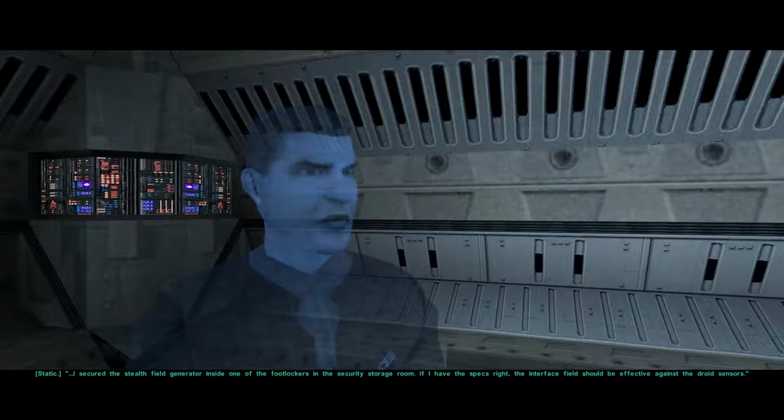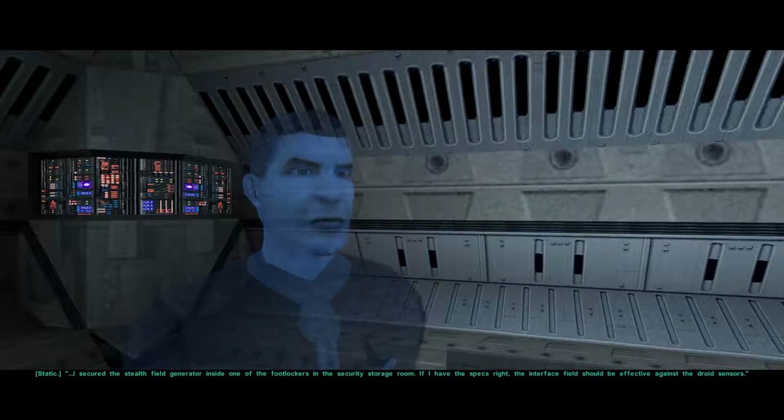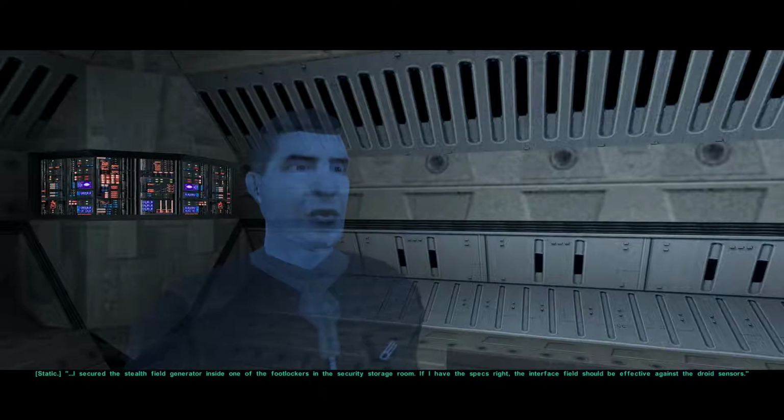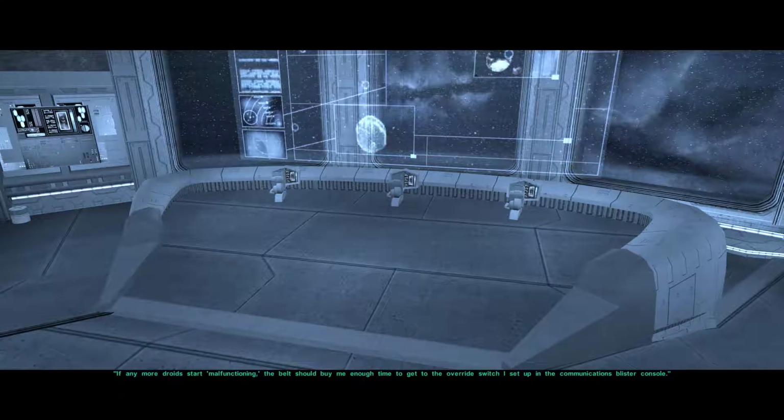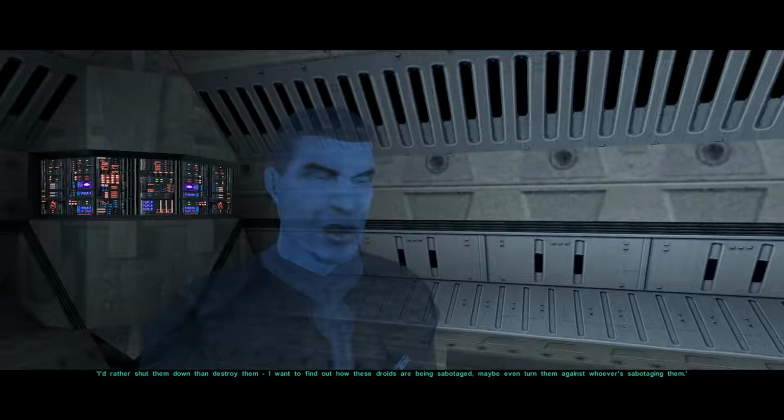I secured the stealth field generator inside one of the footlockers in the security storage room. If I have the specs right, the interface field should be effective again. All I need to do is equip the belt, and some skill with stealth in order to use it. If any more droids start malfunctioning, the belt should buy me enough time to get to the override switch I set up in the communications blister. I'd rather shut them down than to...